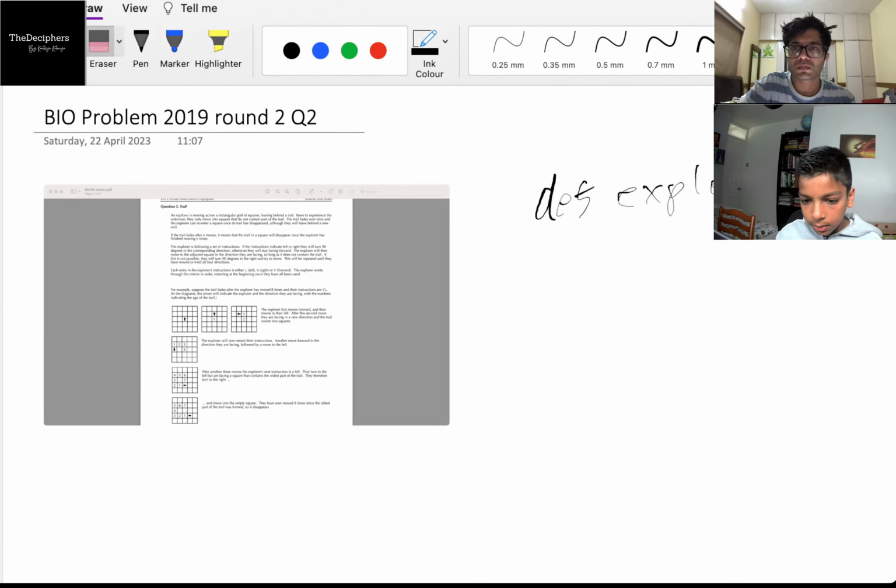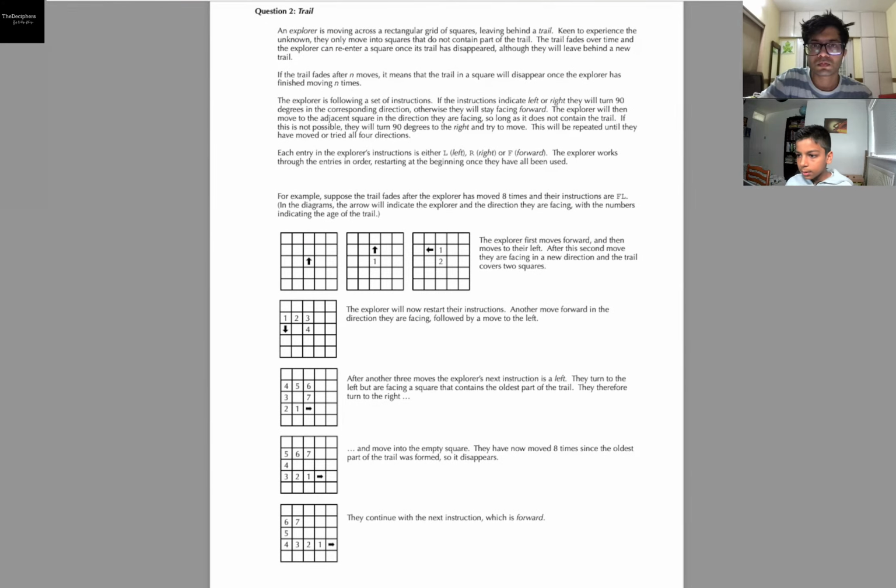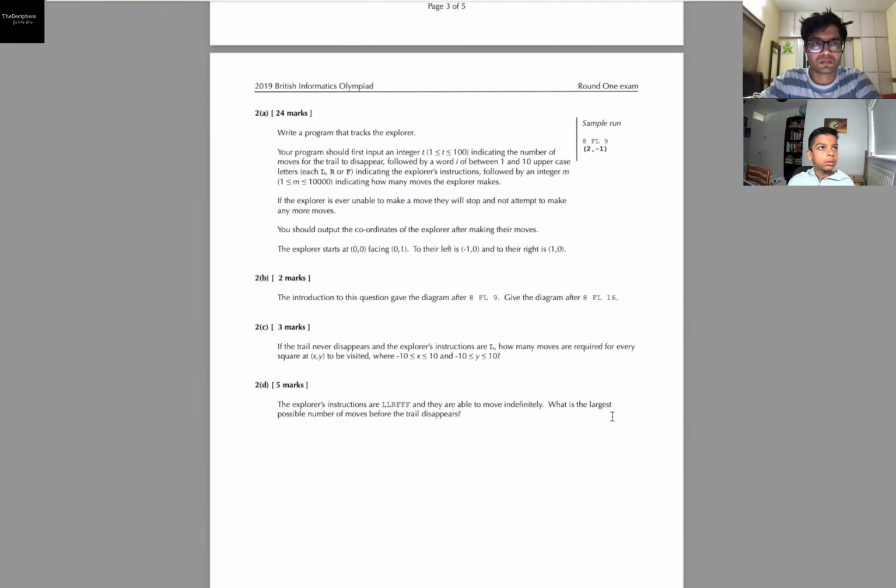Let's check the question again. So yes, we want to output the coordinates of the explorer after making their move,